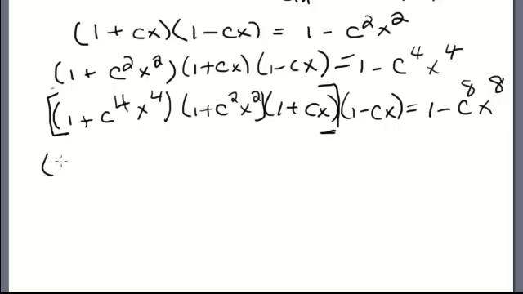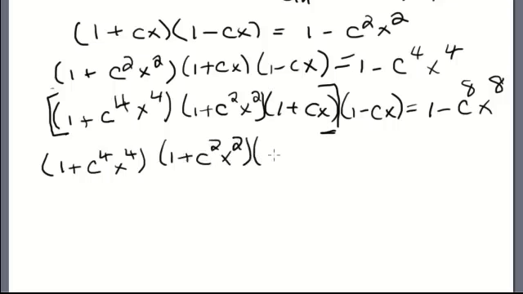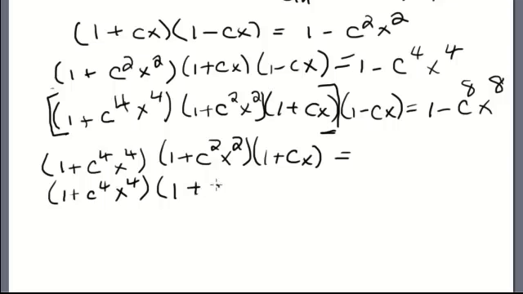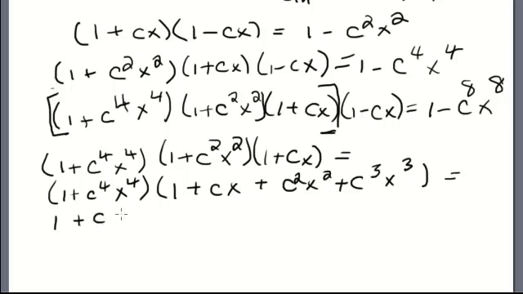So we're going to say (1 plus c to the 4th x to the 4th) times (1 plus c squared x squared) times (1 plus cx). And that's going to equal, I'm going to multiply the first two terms out, and that's (1 plus c to the 4th x to the 4th) times (1 plus cx plus c squared x squared plus c cubed x cubed). And when I multiply that out, I'm going to get 1 plus cx plus c squared x squared plus c cubed x cubed plus